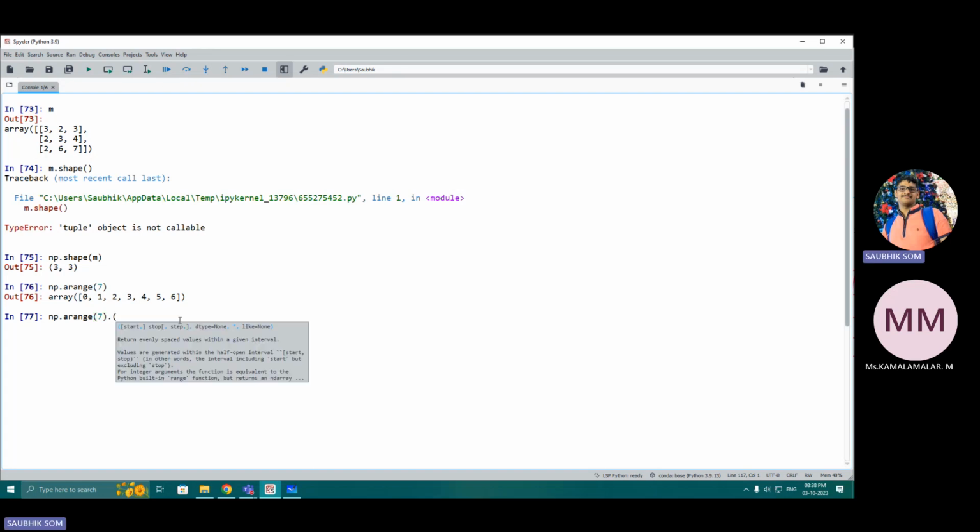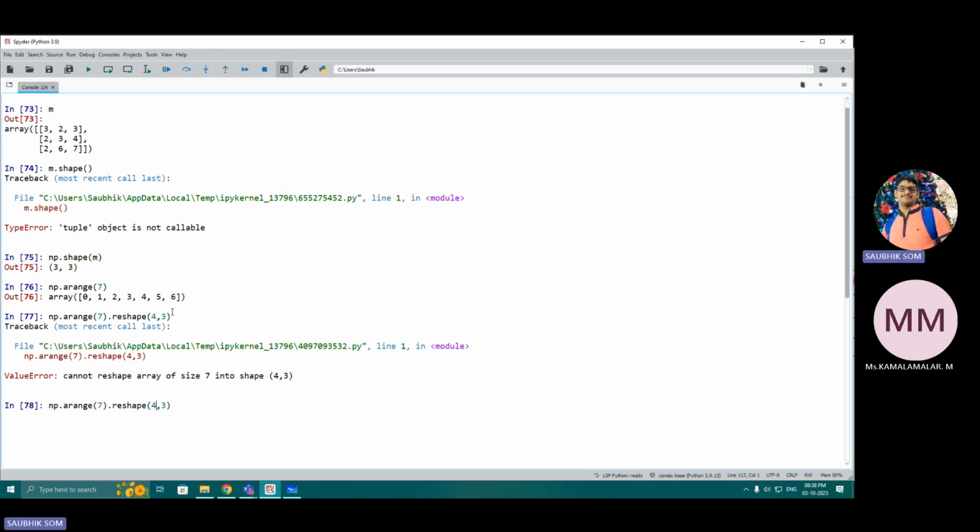What you can do is do a dot reshape. Can you reshape it into 4 cross 3? Let's see. No, sorry, you cannot do this because 7 is a